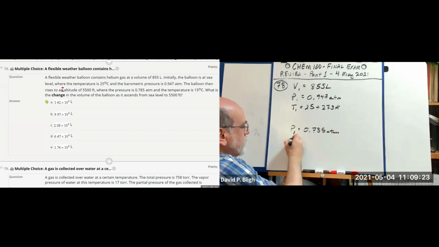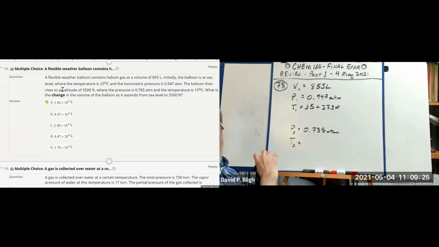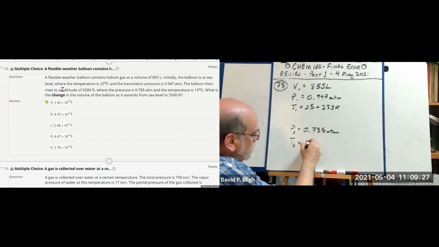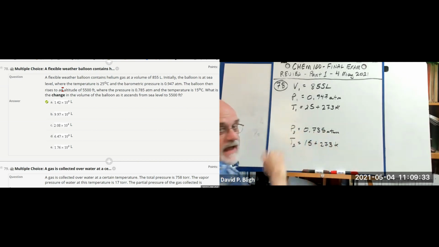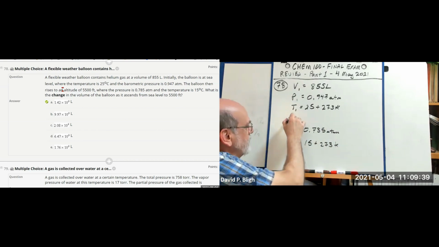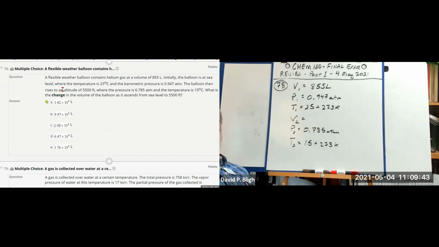Okay. And the temperature should have dropped to 15 degrees. Okay. And the question is, what is the change in volume of the balloon? So we can find out what V2 is, but the change in volume was how much difference is there between this one and that one. So we're actually saying V2 minus V1. But